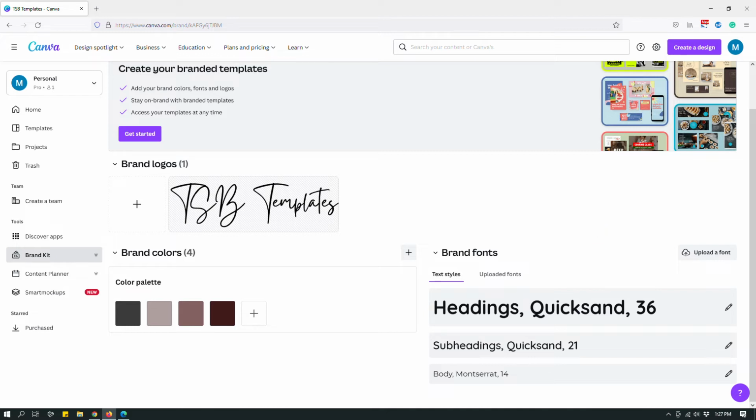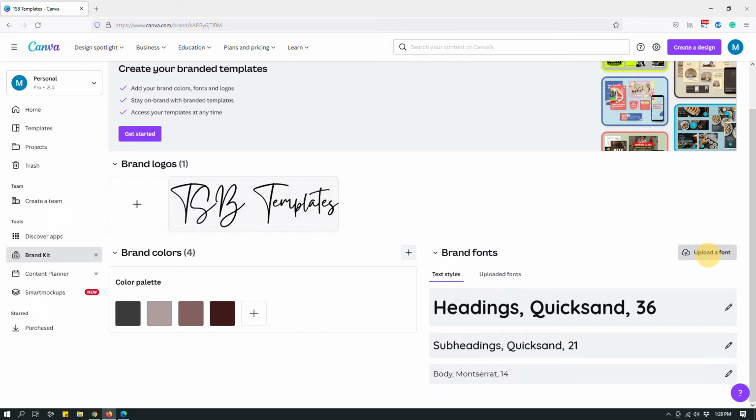Okay, so one other thing that you can do in your brand kit, if you have a Canva Pro account, is that you can upload a font. So let's say that one of your brand fonts is not available within Canva's font library. Now, Canva has a huge font library, lots and lots of fonts, but there are plenty of other fonts that you may have used in your branding, and maybe Canva doesn't have that font. So if you own that font, and if you have the permission, the license to use that font, you can easily upload the font to your brand kit by clicking the Upload a Font button